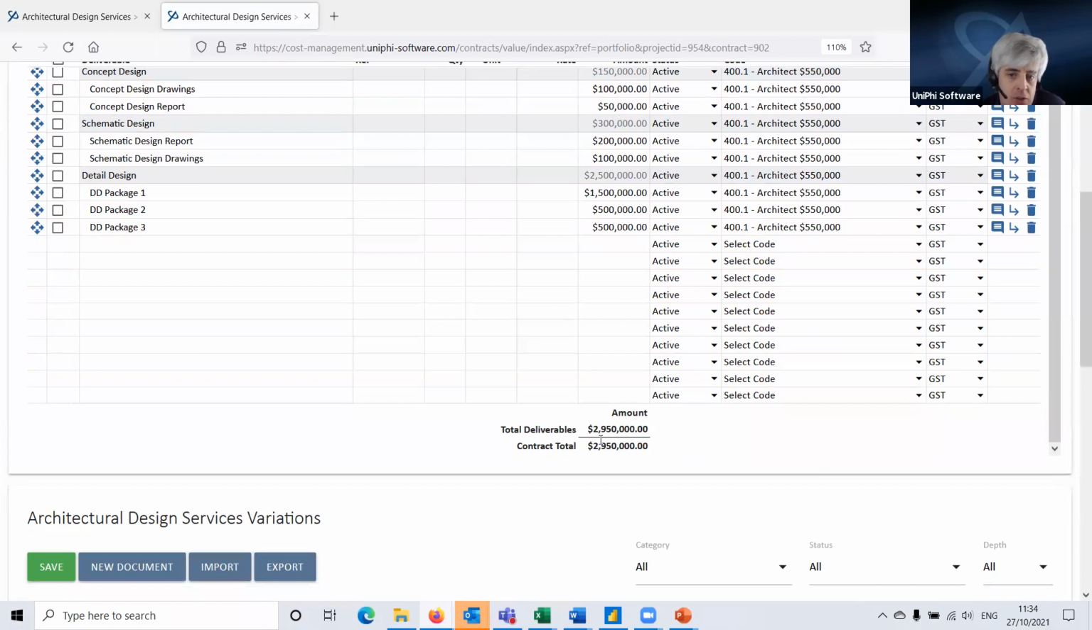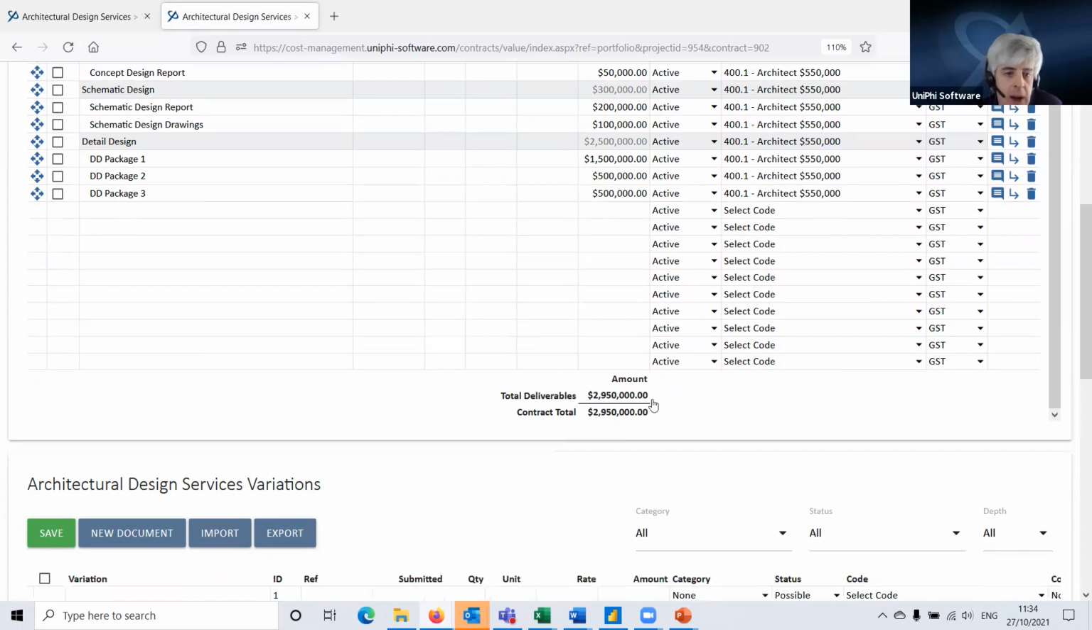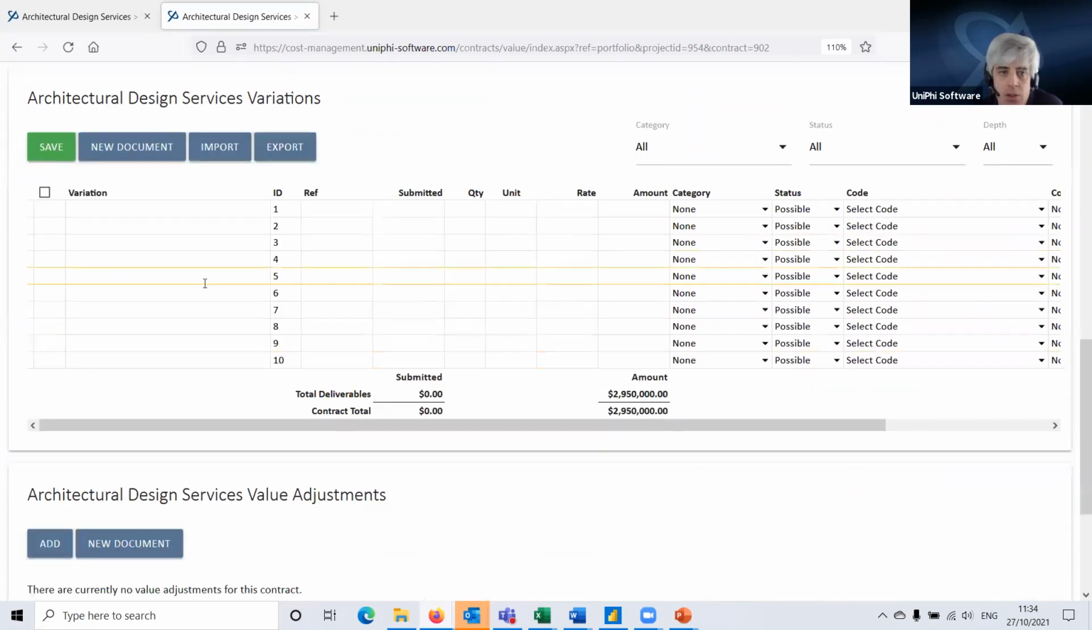And I can see at the moment, this contract has got total deliverables of $2.95 million. If I scroll down past deliverables, I get to variations. Now, this RFI is talking about a potential big change to the design until we get it clarified from the client. This might lead to a variation. So I'm going to call this